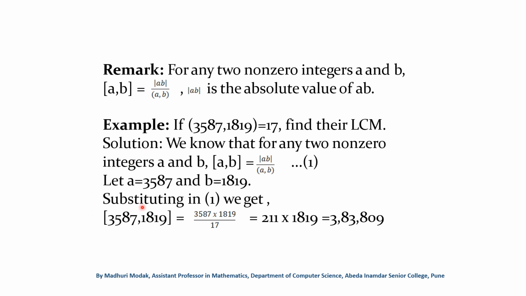So substituting all these values in equation number 1, we can write LCM is equal to 3587 into 1819 divided by GCD, which is 17. So the answer is 383,809. So for two integers, GCD and LCM, out of these four quantities, if any three quantities are given to us, then we can find the remaining quantity by using this